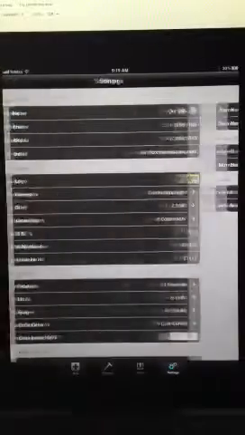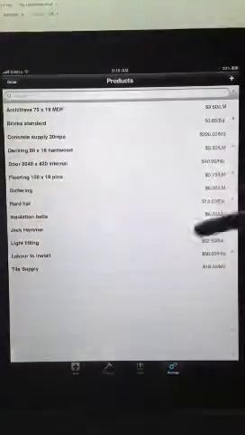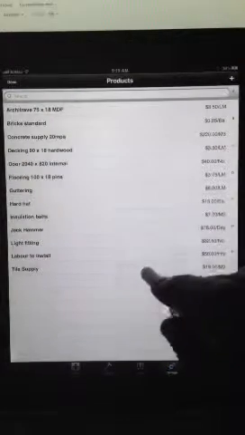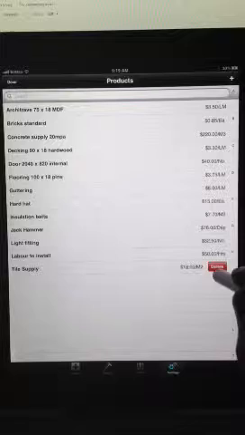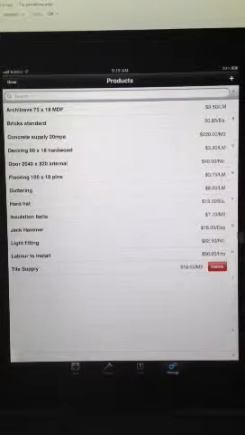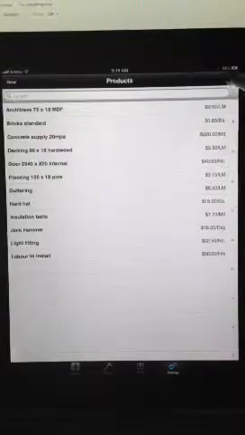Whack it all in. After that, you got your products. Under products is where you can write them in manually or import them all from a CSV or a PDF document. There's a separate video to do that. If you want to delete a product, simply swipe and hit delete. To add a product, hit the plus button, write the name in up the top here,